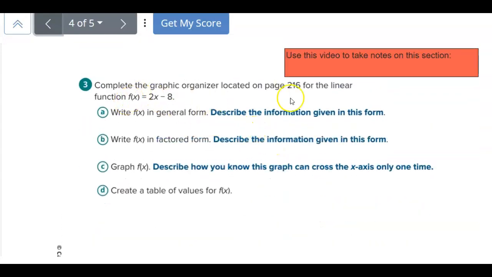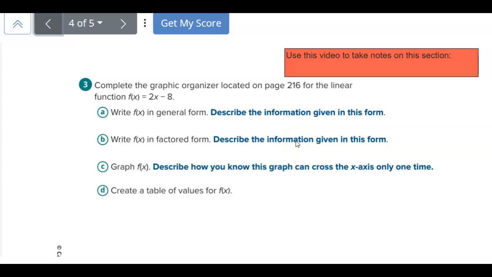First, you're given a linear function, f of x equals 2x minus 8. And you are going to go to the next page and write f of x in general form. Then you're going to describe the information. So you're going to be describing the slope and the y-intercept. Then you're also going to write that same equation in factored form. And you're going to be able to give information about the slope